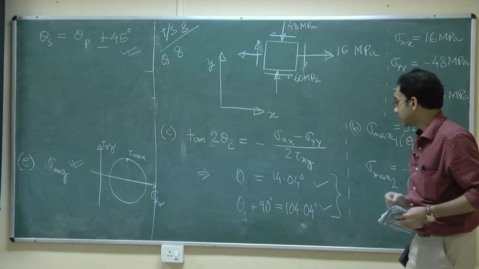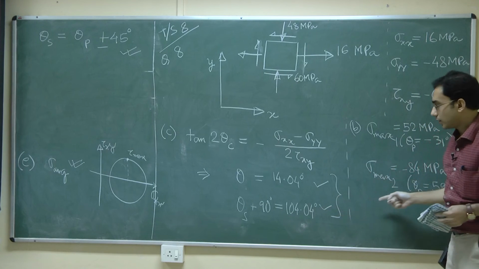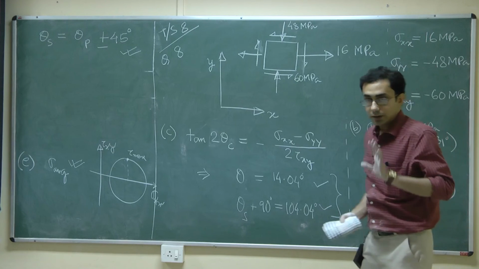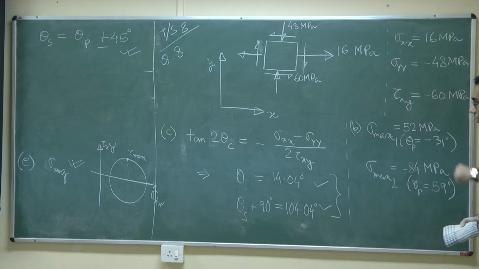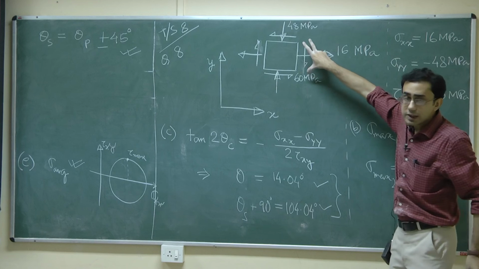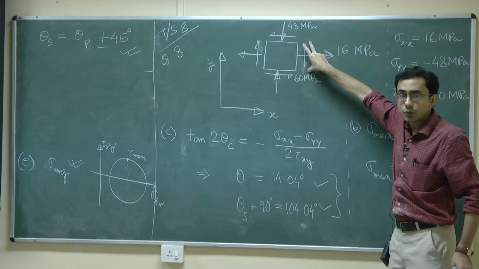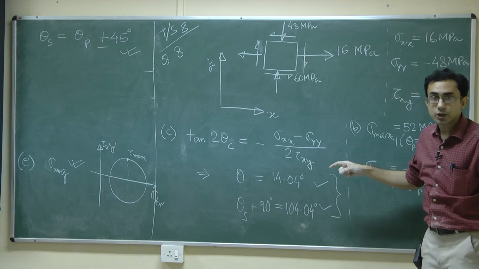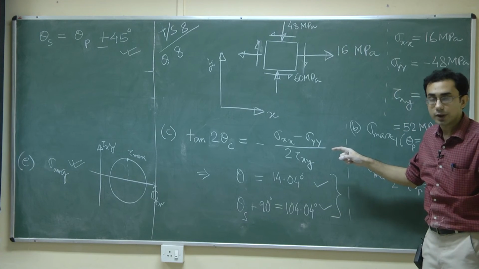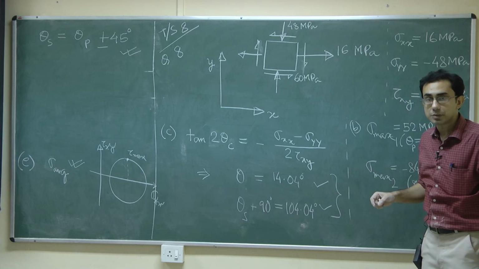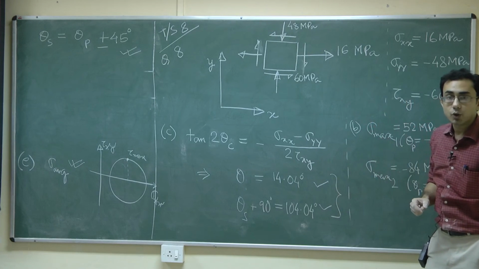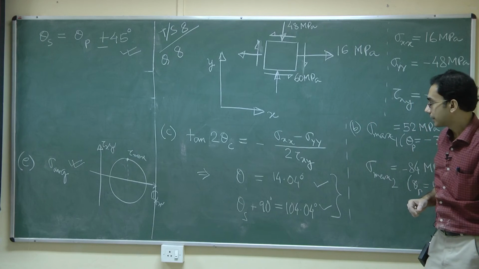What I would suggest is you consider all these real values that we have obtained in this answer, you can check yourself. But some important information which I want to really highlight here is that this was our original stress element. This was the question which was given to us. Now, in the process of finding out the answer to question number A, where we discussed the orientations of the principal stresses, and in part C, where we discussed the orientation of the maximum shear stresses,